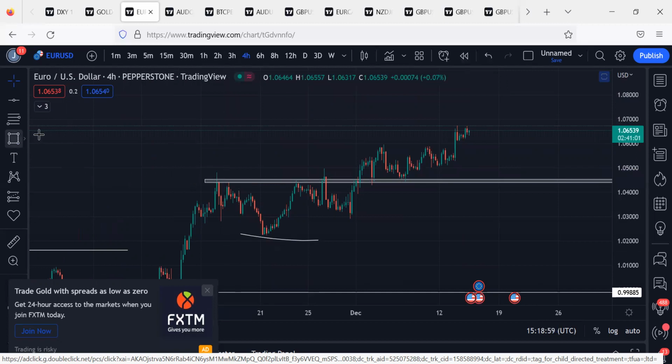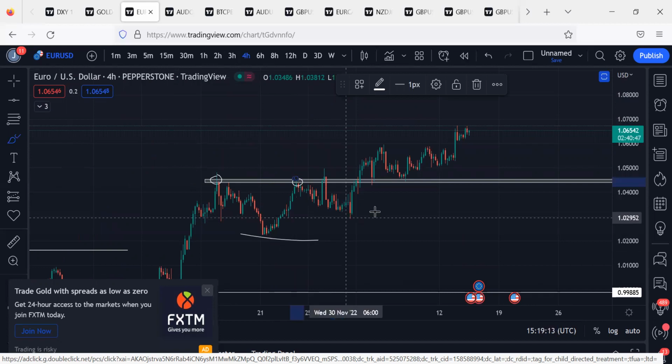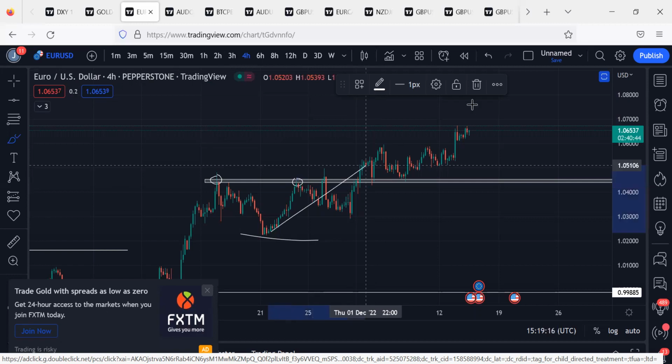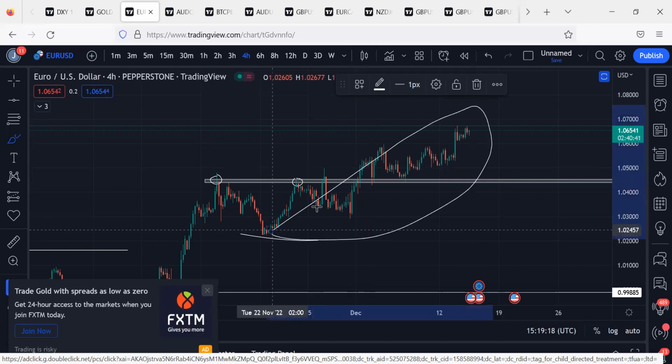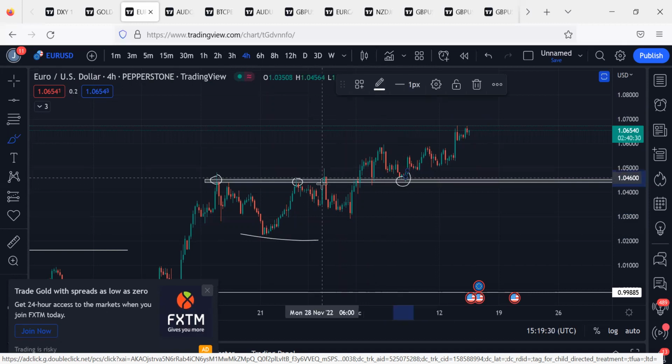So we have this thing, follow up. It's logical. It's something that we can do. The resistance, we came back here, we couldn't break it, we came down, we didn't break this, so we are still in an uptrend. So we made a lower low here. So this is still a lower low. We are still trading within this push now. Are you getting it? So we couldn't break this to tell you that we are seeing an uptrend. Now we came and formed a higher high again. We formed a higher low. Now here turns support. So remember, we have resistance here, resistance here, resistance here. Now it turns support. So it's a good area of value for us to come back down to.